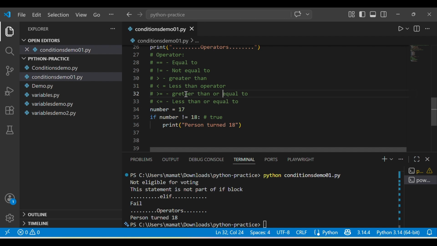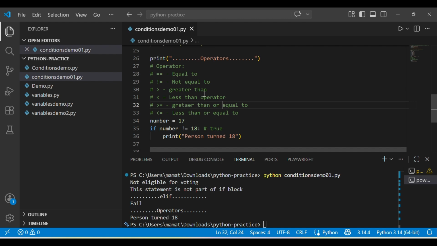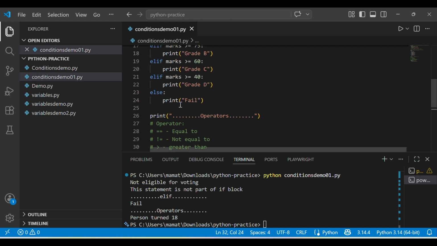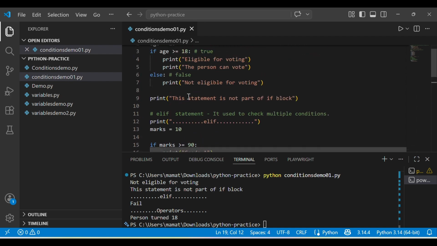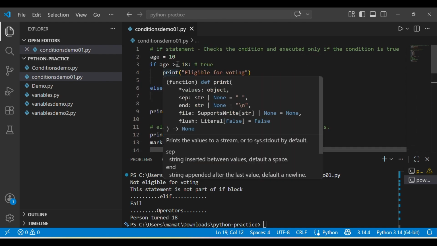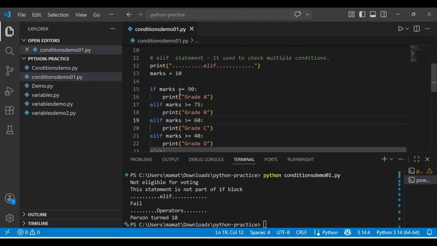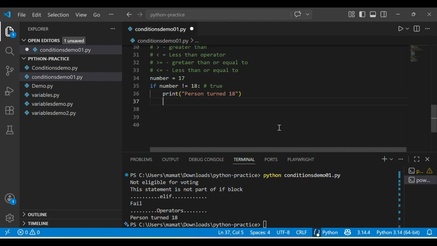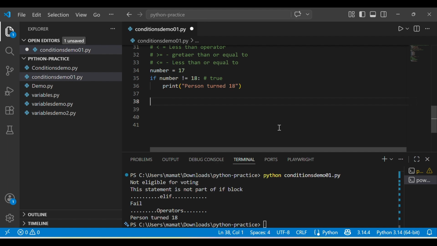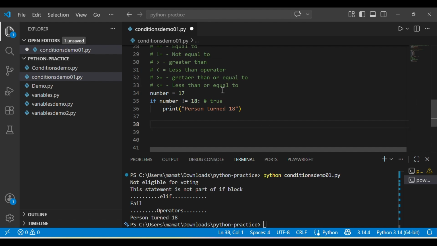If it is greater than or equal to, even if it is equal to that value also I wanted to make the statement true, then I can go with the greater than or equal to. So here we had used greater than or equal to operator. So in the same way greater than operator also we can try to use it. Okay, it depends on the condition what exactly we wanted to print, I mean in which condition I wanted to make the action to be performed. So based on that we have to use this conditional statement. Okay,